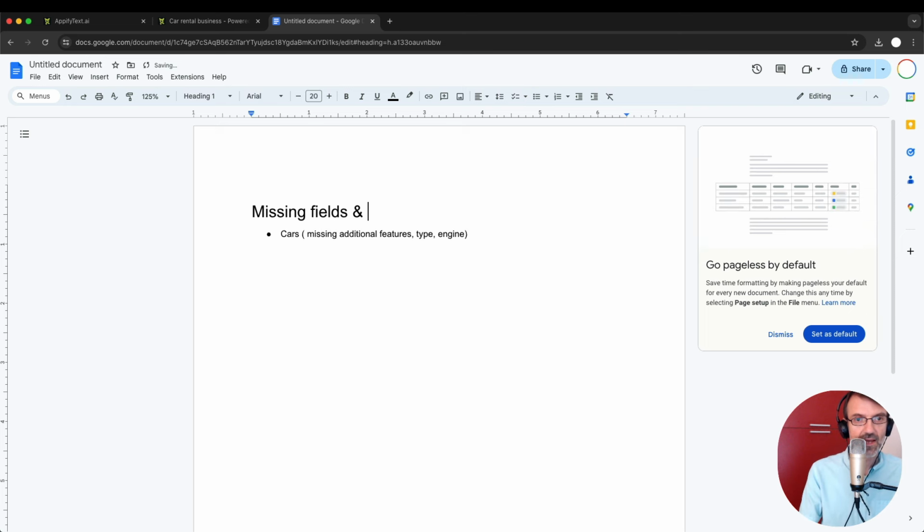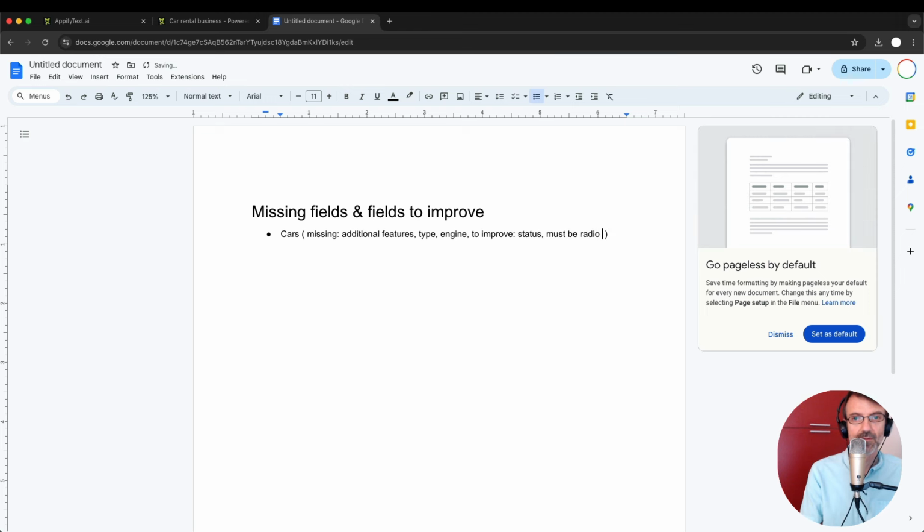So, missing fields and fields to improve, let's say. Missing additional feature type to improve status. Must be radio button. All right. And then what else? For customers,